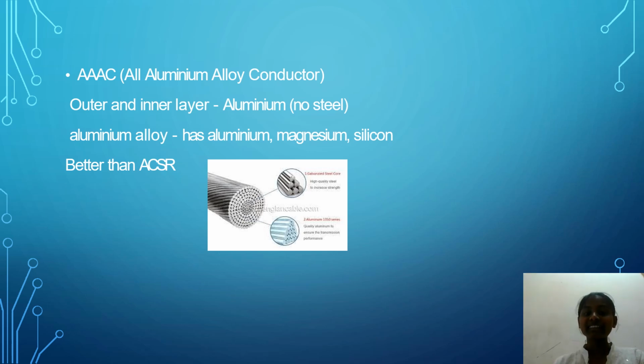So AAAC is an all aluminium alloy conductor. The outer and inner layers are aluminium. Compared to ACSR, it is better, right? Because we are using the same material for both, the cost is also minimum and efficiency is also improved, right? So the next one is